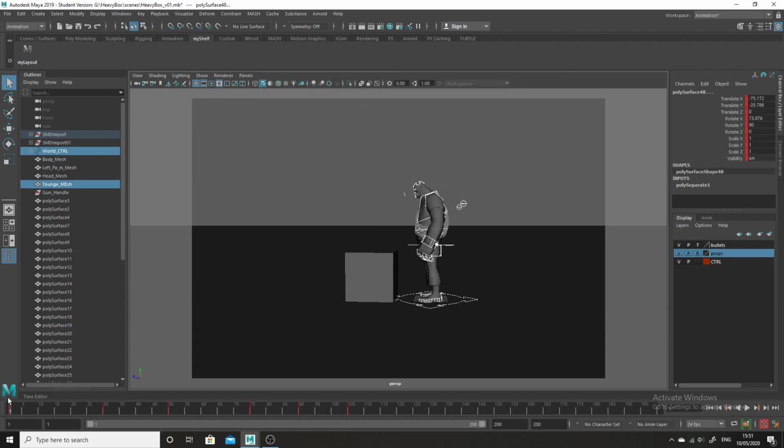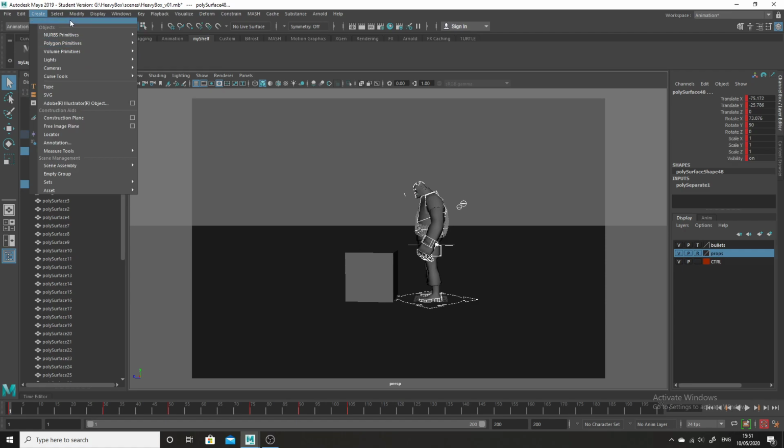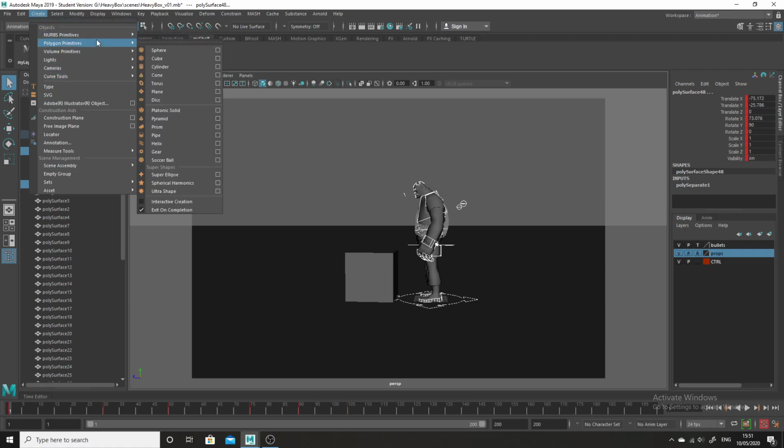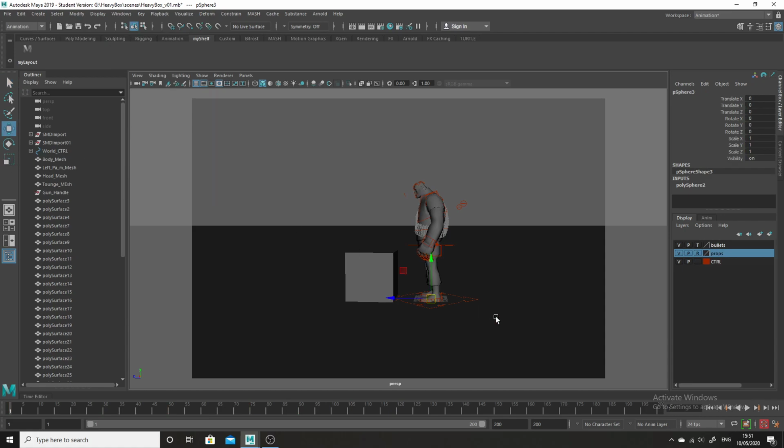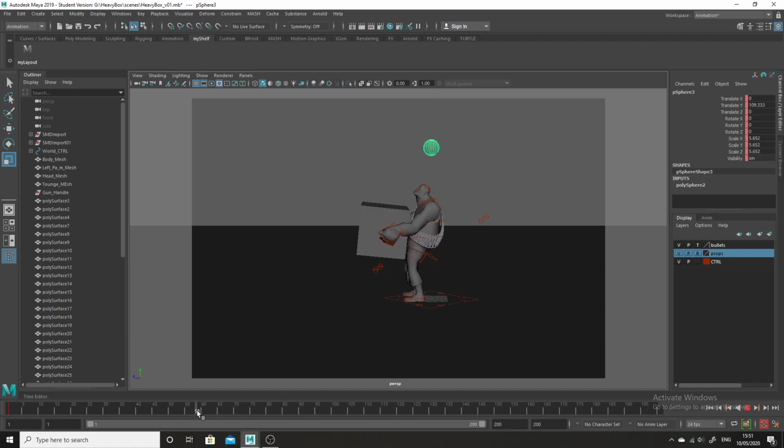I'm just going to show you with the ball. So I'll create a polygon primitive, a sphere. I'm just going to lift it up, make it a little bit bigger, and just show you. If I key it there and then go to frame 60 and move it, it will jump. Now, this kind of stepping your animation is fantastic in order to get an idea of what you're doing,